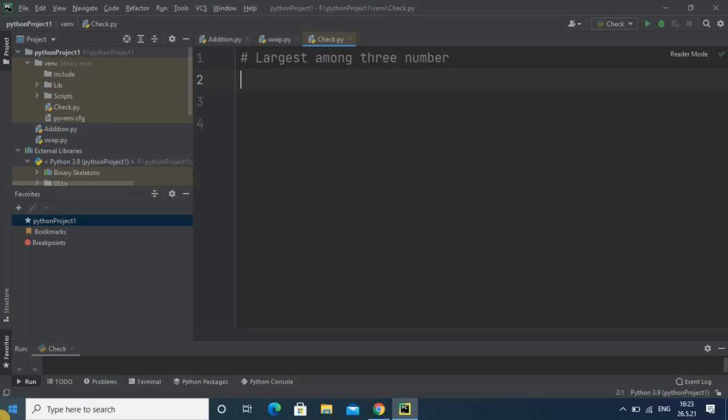So first we will take three values from the user. For that I am using variables A, B and C. My first variable is A, and this time I am taking a float value because the user can enter a float value also. And we go for the input statement here.